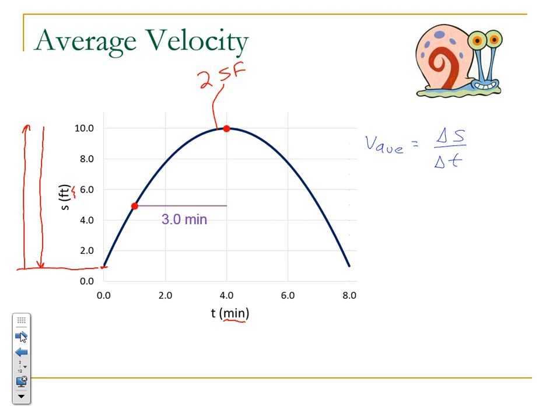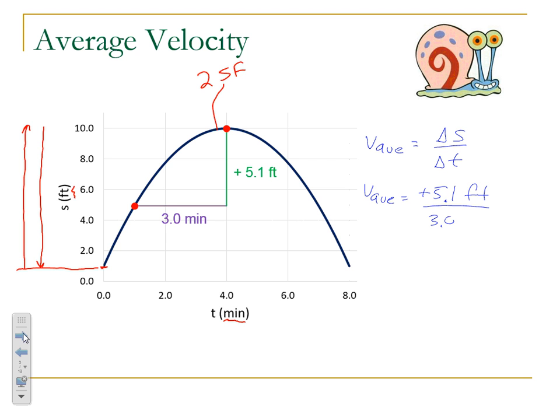And so if we look here, our elapsed time is 3 minutes, so it's from 1 to 4 minutes. And I measured the distance that was covered over those 3 minutes, and it's a positive 5.1 feet. He was moving in the positive direction. So I can use that information to calculate the average velocity as positive 5.1 feet